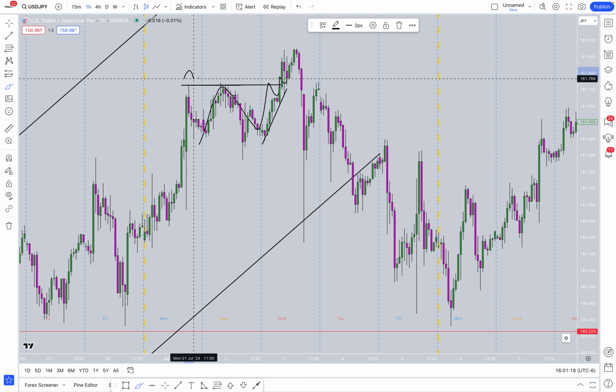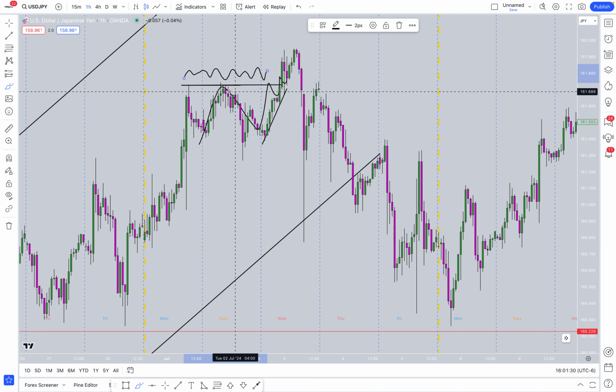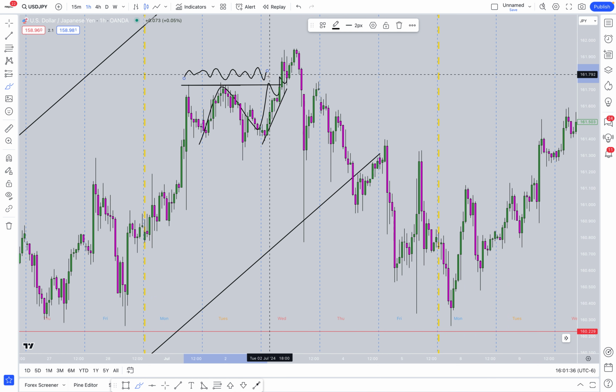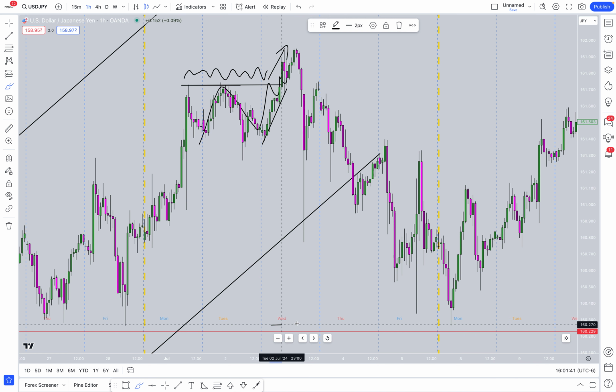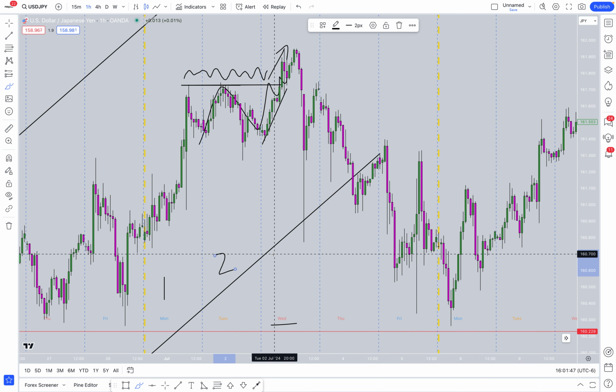there are obviously going to be a lot of orders, stop loss orders, buy side liquidity. There's going to be a lot of liquidity after the breakout of this resistance level up here. So it's continually inducing buyers. We can see come midweek, so this was 1, 2, 3 days, actually 2.5 days. We'll just say 3 days.